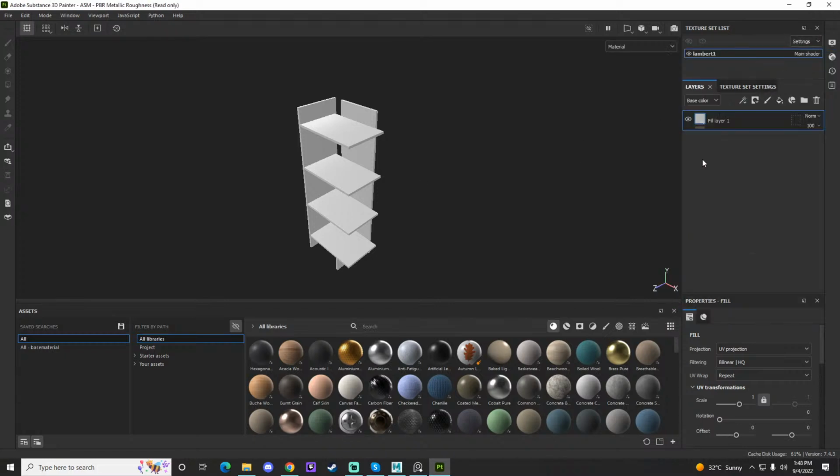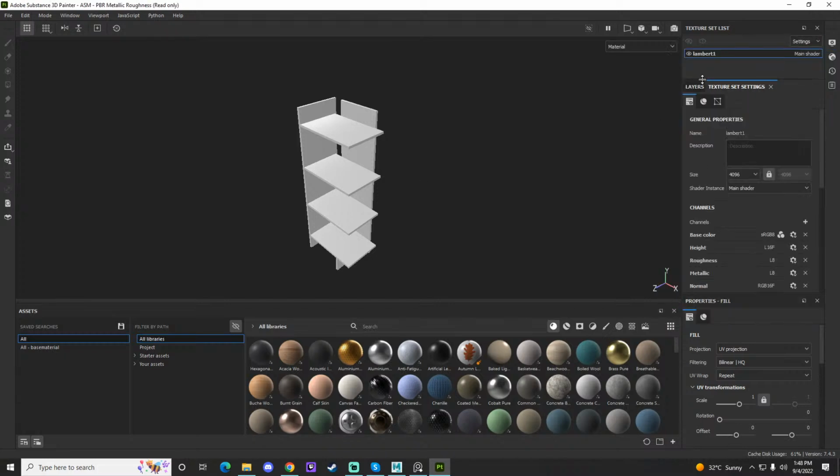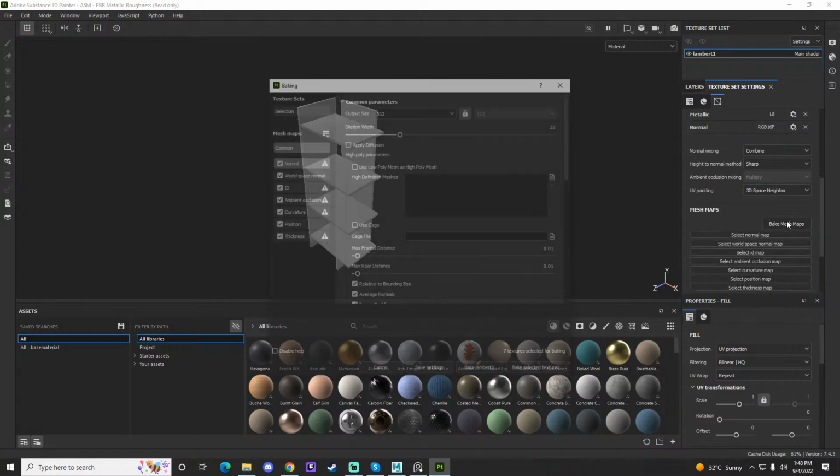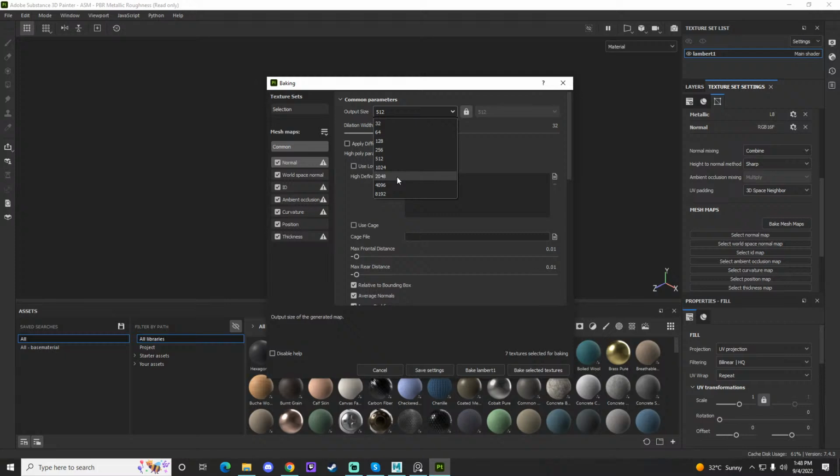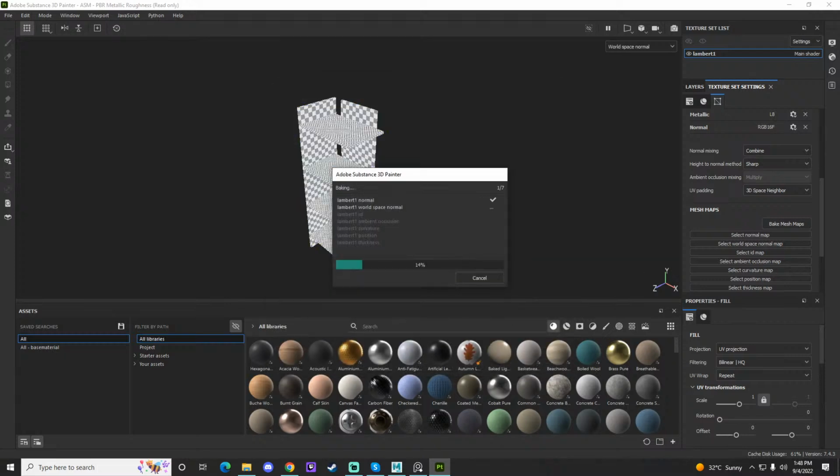Okay. So once you are done with it, first thing first is texture settings, and once you go there, you need to bake all the maps. I always recommend baking at least at 2K. I mean, this model is not that complex, so yeah, we can just do it in